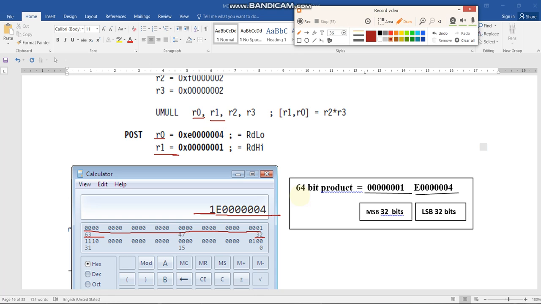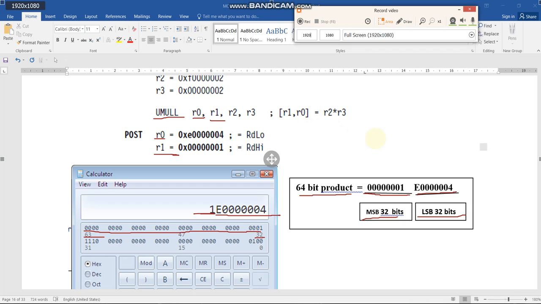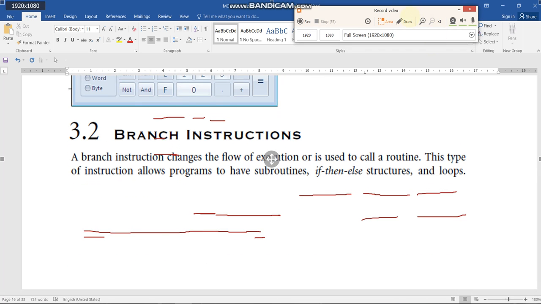Okay, see here we have shown the 64-bit product, the most significant 32 bits and the least significant 32 bits. Okay, so this is how we perform the unsigned multiplication. Unsigned stands for the multiplication where the sign of the operands is not considered. Okay, so this is the unsigned multiplication. Okay, so now